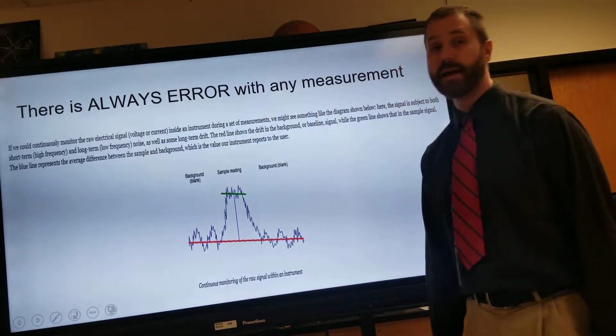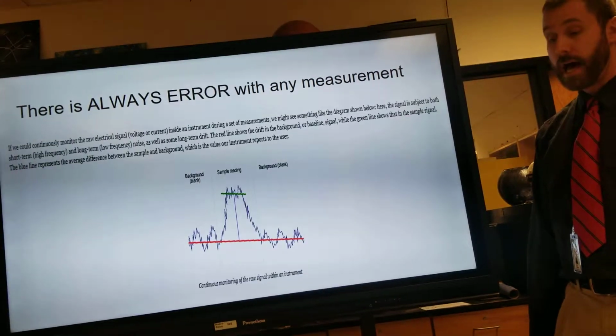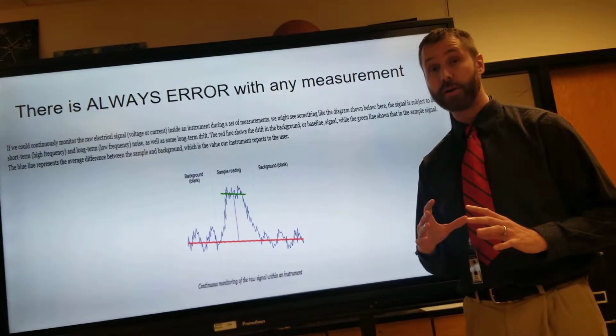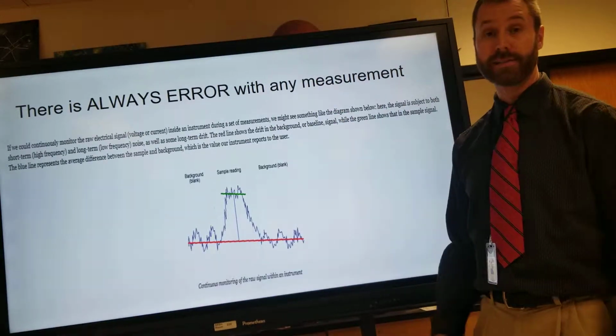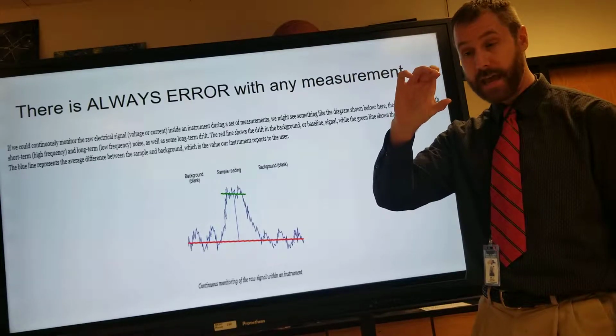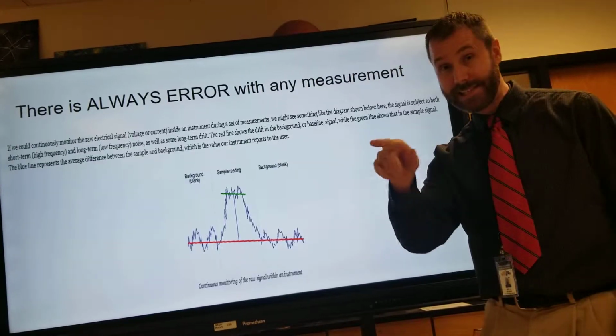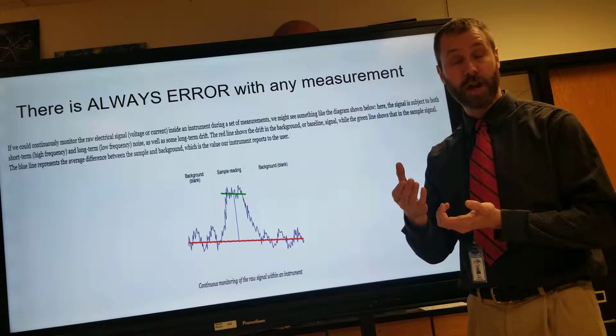Okay, so as we've learned in this class, there's always error with any measurements. I'm going to use the spectrophotometer as my example of that. If you guys don't know what that is, it's the machine on the sides of the room. There's a few of them. You put a little glass cuvette in there, and you can put a solution in there. It shines light through it, and then there's a detector that will absorb or measure how much light is passing